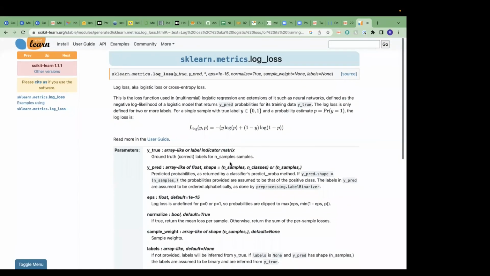But basically, the output of the softmax layer is the probabilities. So the log loss is your negative log likelihood. You take the log of all the probabilities, and you're basically picking out the log of the probability